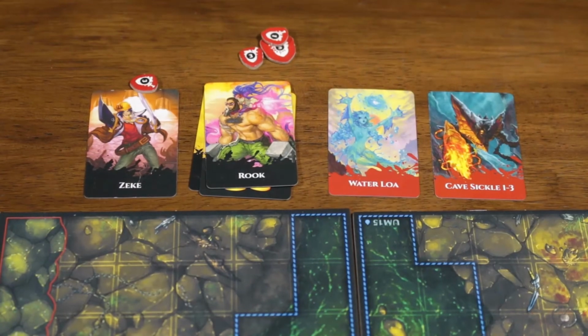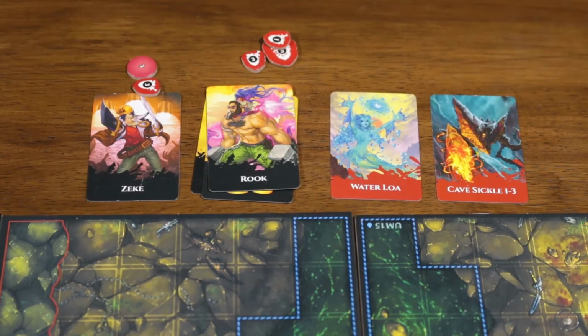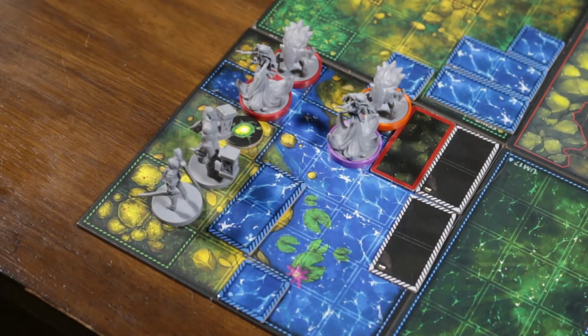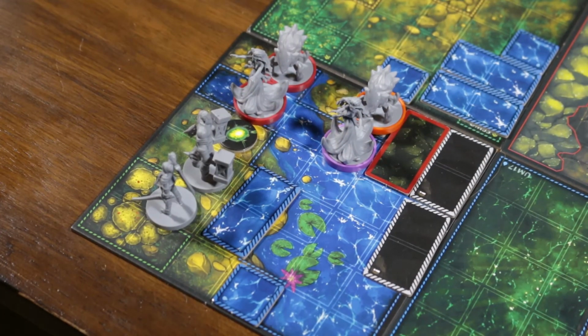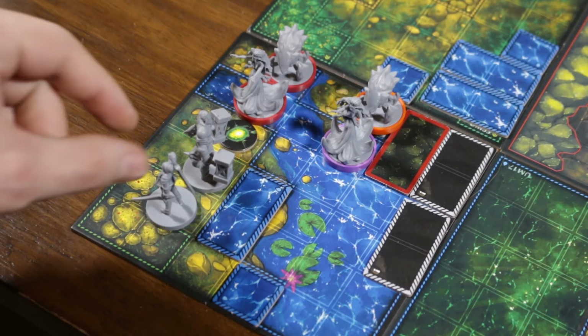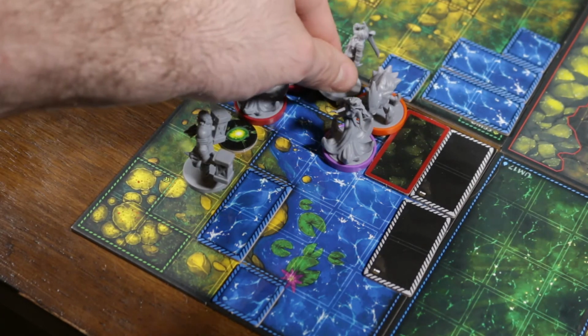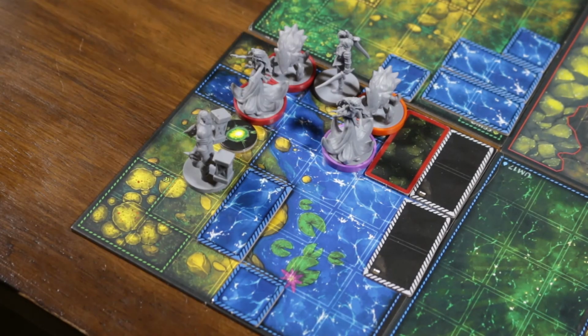With the cave sickle activation over, we continue with Zeke's activation, giving him 3 points of stamina. Alright Zeke, let's get into it. I really want to use that organic liquefy, but I know it's not going to be the right time to do it. We're going to spend 1 point of stamina to move. 1, 2, 3, 4, and 5. We're going to be adjacent to all the enemies here,